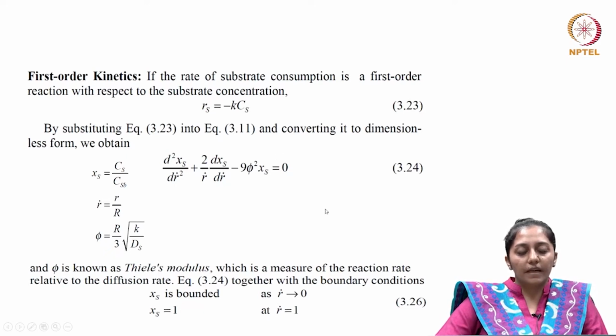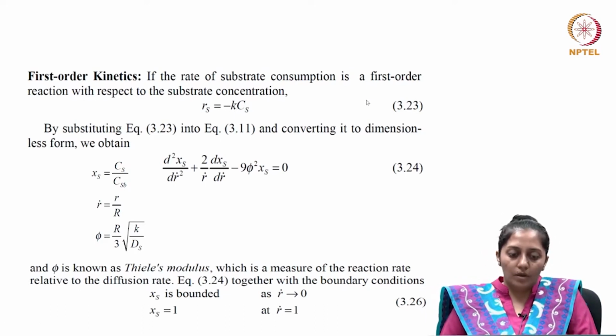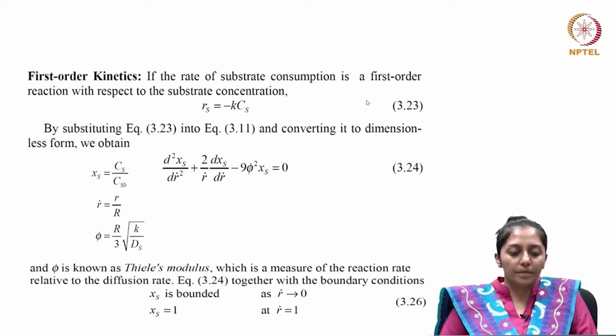If you can see on the slide, the first order kinetics will be a linear function of the substrate. Because the rate of reaction is in terms of the substrate, the sign is negative for the rate constant, and Cs stands for the concentration of the substrate. Now, in the same double differential equation where we did a shell balance for the substrate diffusing in from the surface of the pellet till the inner core of the immobilized system,